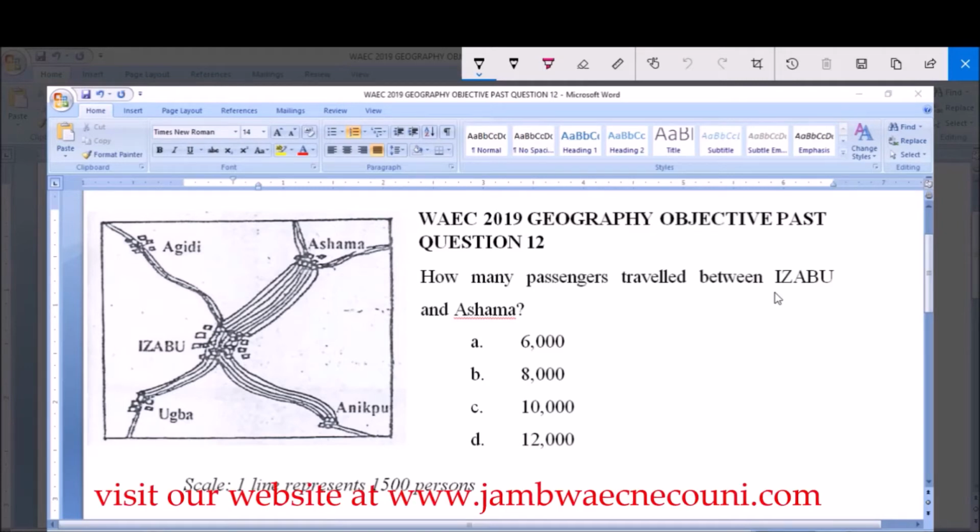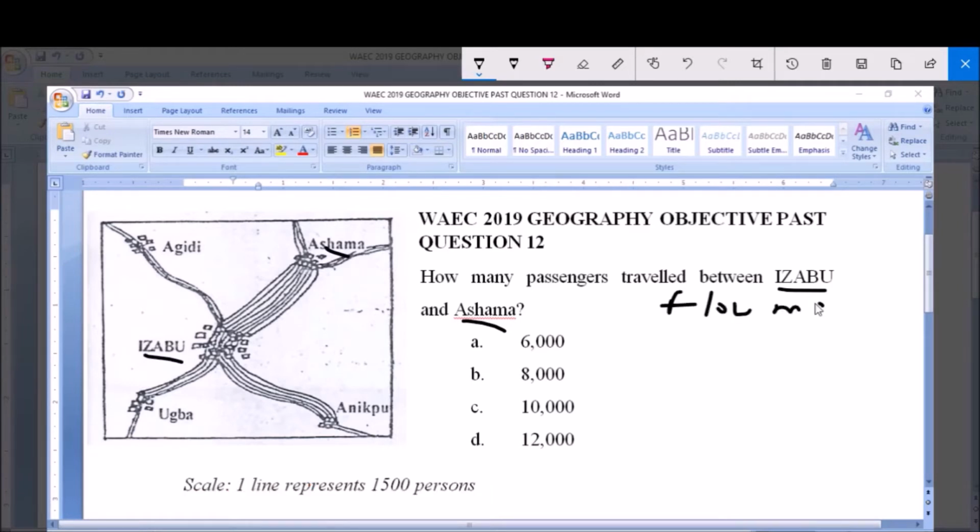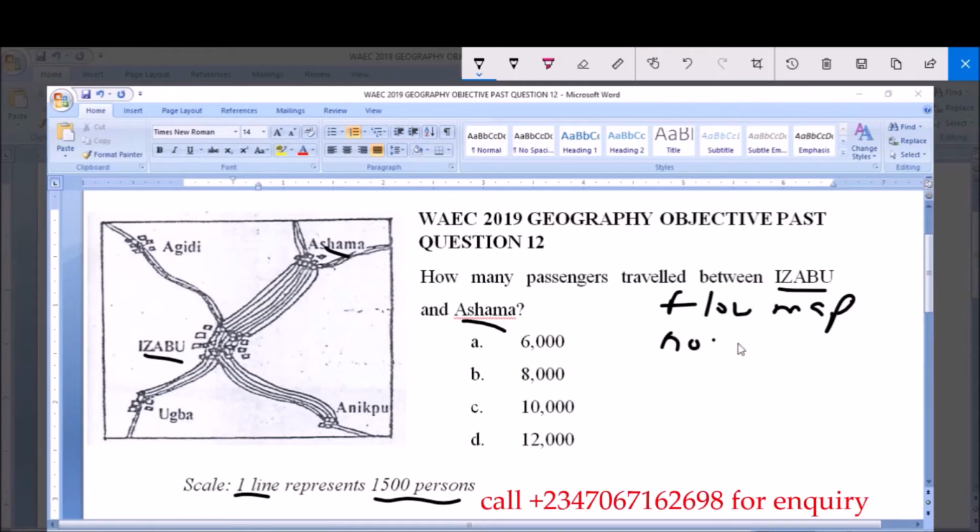So this is Izabu on the map and this is Ashama on the map. Now this is a flow map and the lines represent a specific number of passengers. Each line represents a specific number of passengers and the lines represent the direction of travel as well. So from the scale given to us, one line represents 1,500 persons. So in order to find the number of passengers that traveled between these two towns, all we need to do is count the lines here, and whatever we get, we multiply the number of lines by